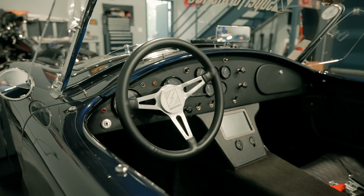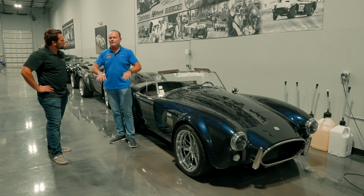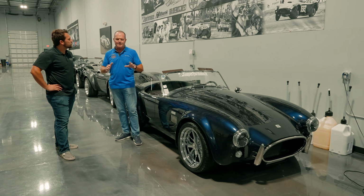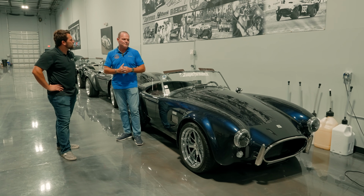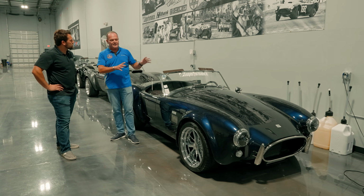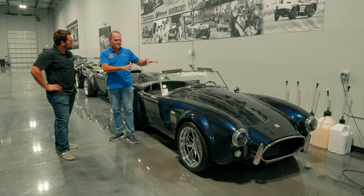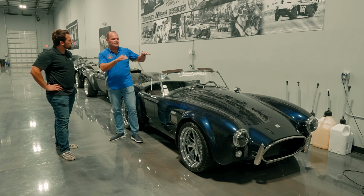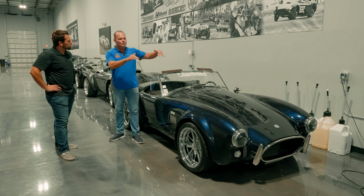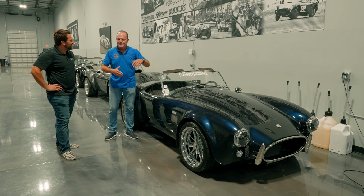I ended up owning a few electric cars, and he said, send me a roller. Send me one of your Superformances as they come from the factory, and I'll make all the changes. It took him about a year. Lots of testing, the guy went to extreme lengths to get this car right. It even has the cooling for the batteries. It has the cooling for the engine, listen to me saying engine, the electric motor,